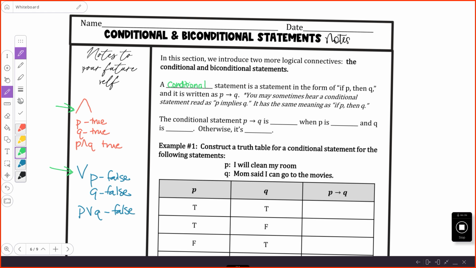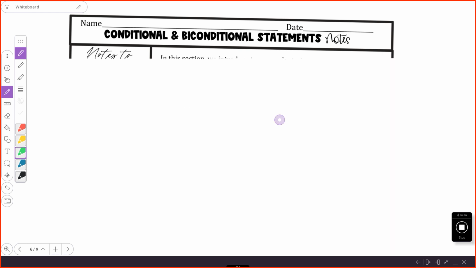If we were reading it like this, the statement is in the form of if P then Q. We write it with this little arrow, and the way we read that little arrow can be read as the word implies. So if you saw that, you would hear people say P implies Q. Or you could read it like we just said, if P, then Q. So the conditional statement P implies Q is false